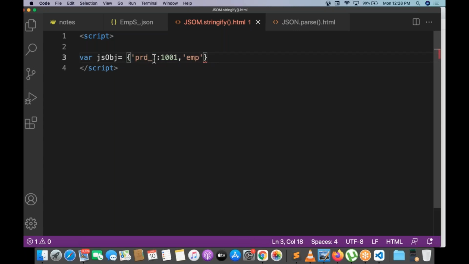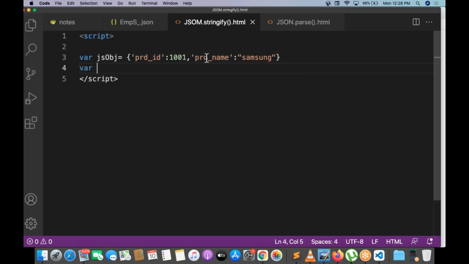PRD ID, PRD name, something like Samsung. PRD ID, PRD name, enough. I don't want to go with a bigger one. I'm getting bored and irritated.